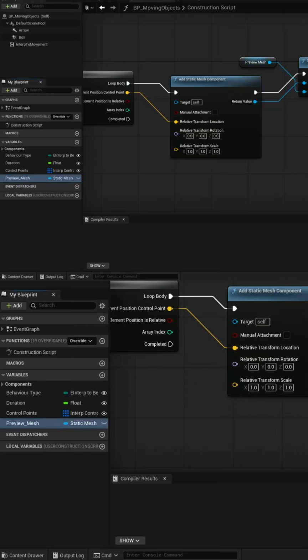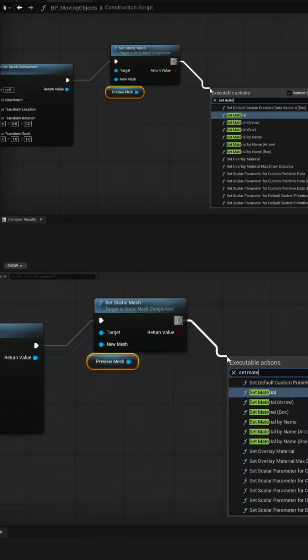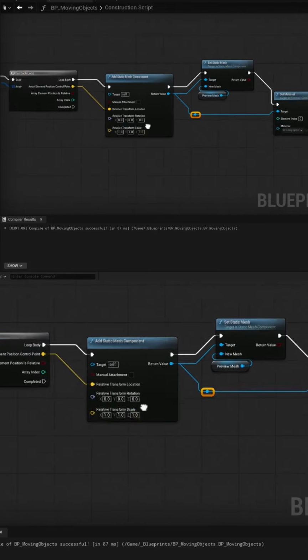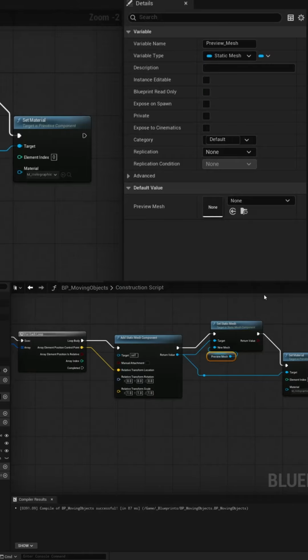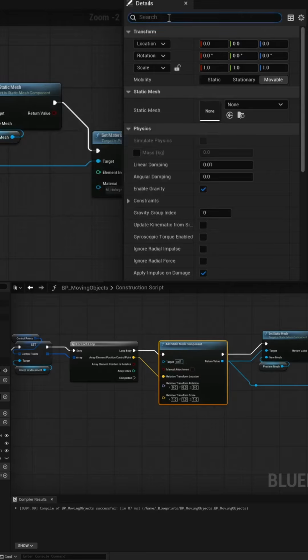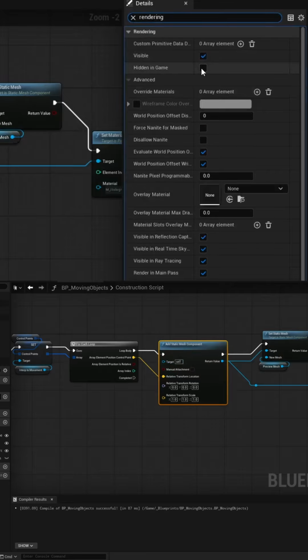Then last, we created and called a set material function, and we'll use the new holographic material that we made earlier. Don't forget to select the add static mesh component node, and in the details panel, set hidden in game to true and set it to use no collision, as this is a simple preview mesh to help with